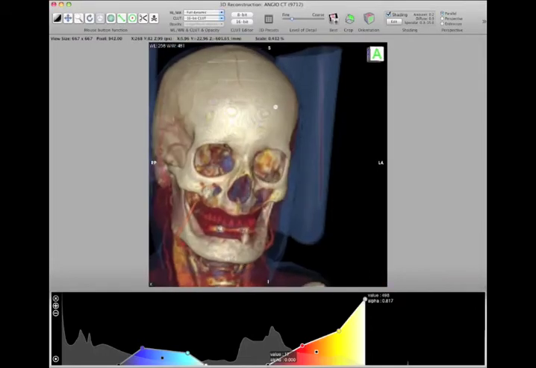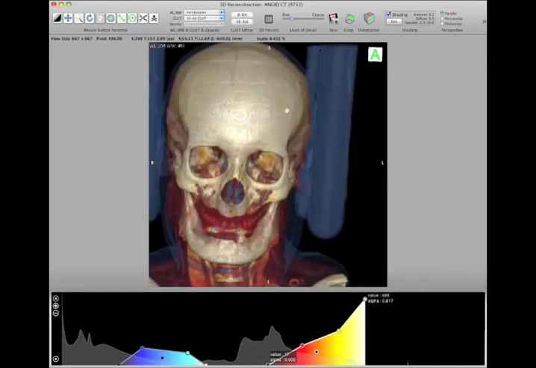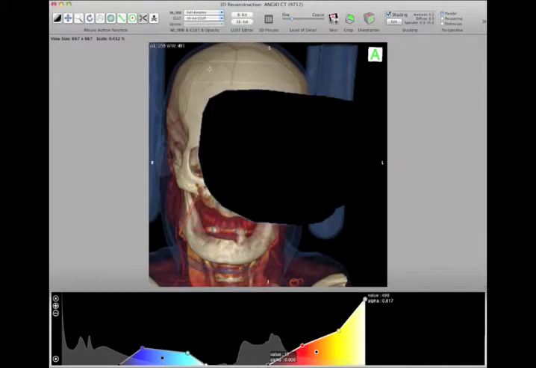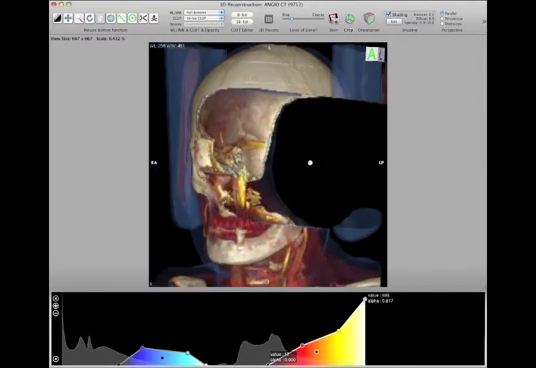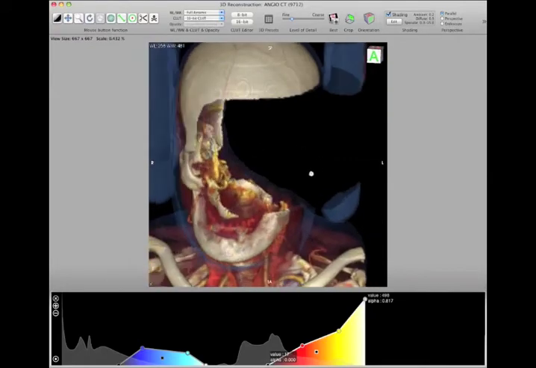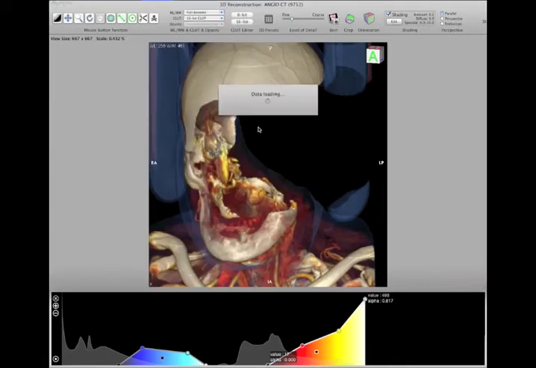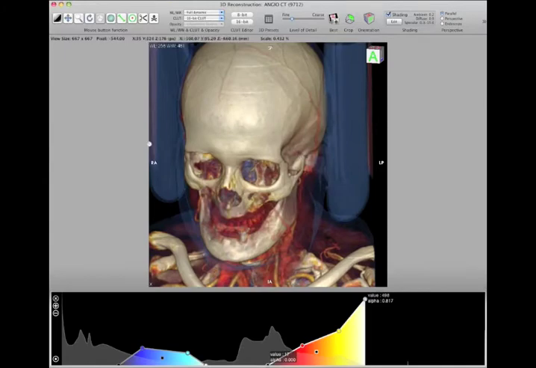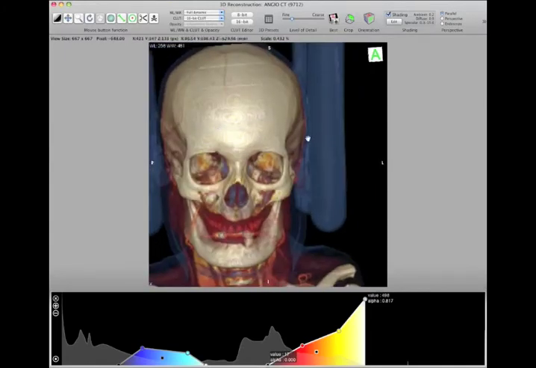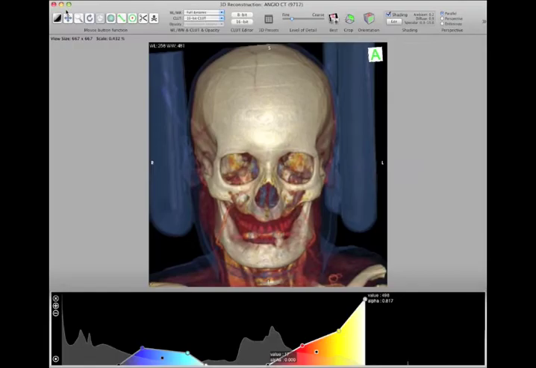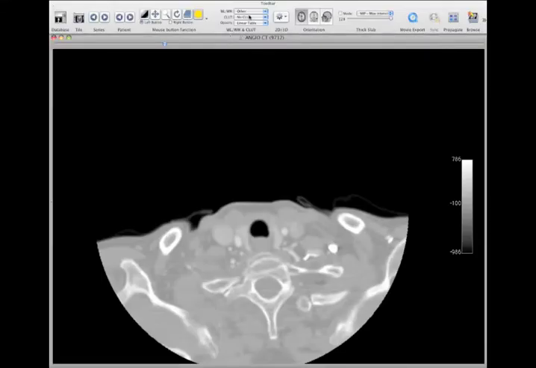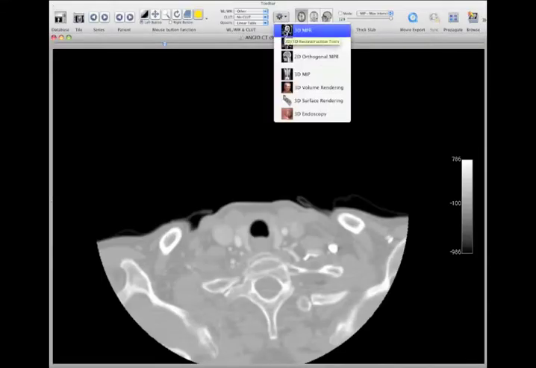Remember, nothing you do in here is permanent. You're not allowed to alter the data. So if you accidentally delete something like this, right, with the scissor tool, you can always get it back by going to Format, Revert Series, and that should do it. Okay, I think that's a fair basic introduction for Osirix, and I will try to show you some of the other modalities. I'll show you one right now, which is the